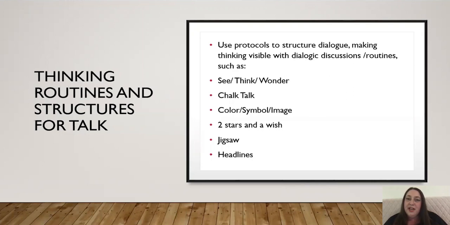2 stars and a wish is a great one from prep, so that you can use the images of 2 stars and perhaps a little wishing wand, and you can use this to say, well, what are 2 things that I'm doing well, and what's something that is my where to next? And certainly that language of where to next is language that I'm using with teachers and students a lot. And I think that the notion of where to next, what is your where to next, can come up in that as well. It might be 2 stars and a question. You can shift these around, but I'm just trying to, at the moment, share some that perhaps could be used from K right through to 12.